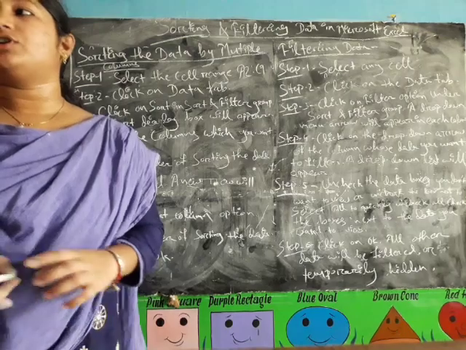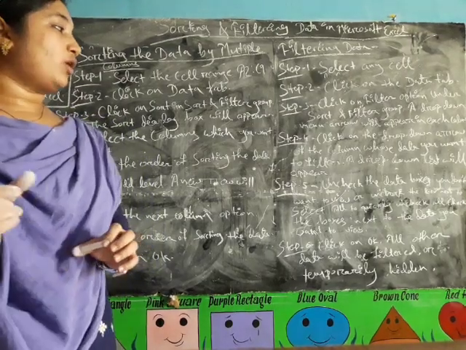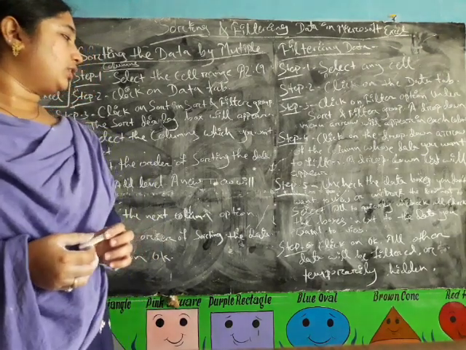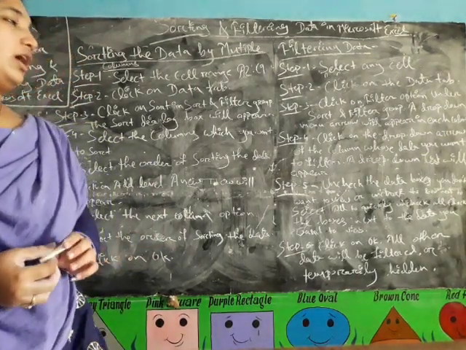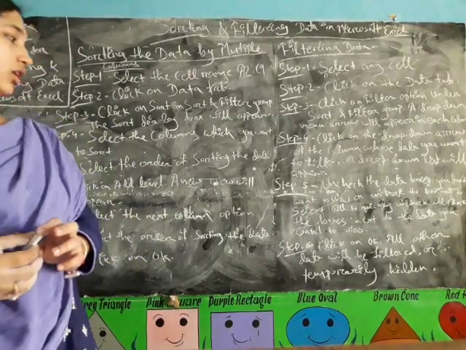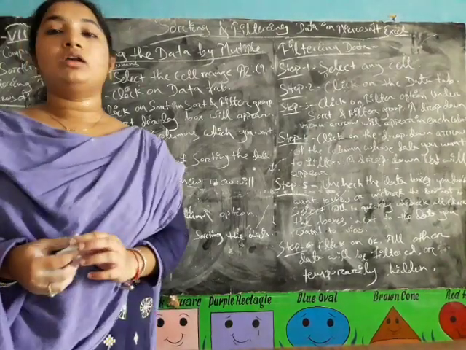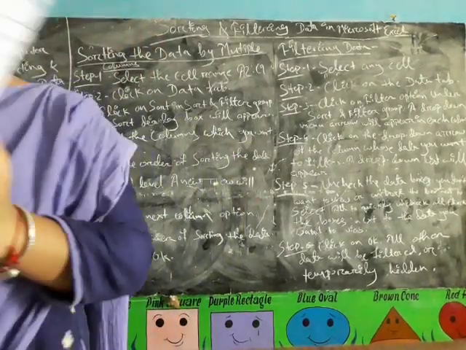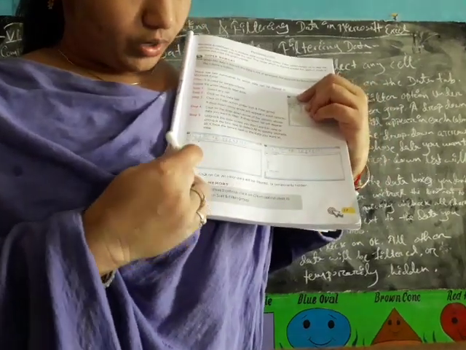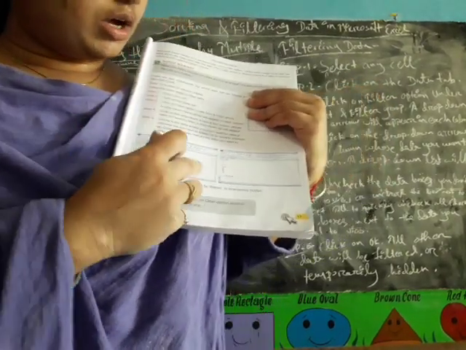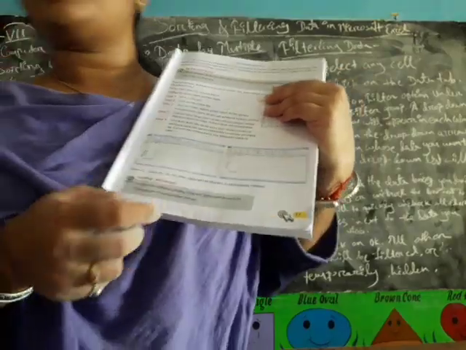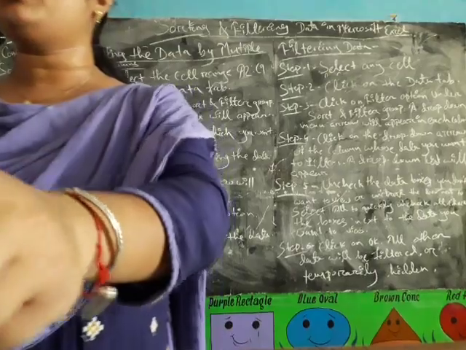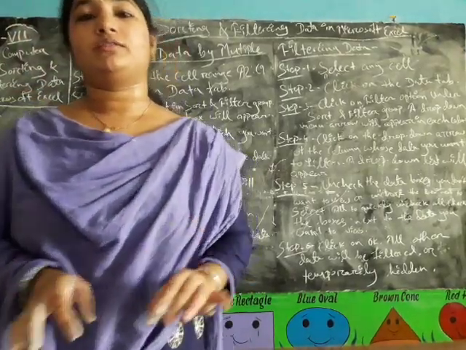After that we have to uncheck the box that we don't want to see, and after that click on OK. After clicking on OK, all the other data will be filtered, and the data which we want to hide is temporarily hidden. Like this, when we click on filter, some data are filtered and other data are temporarily hidden.